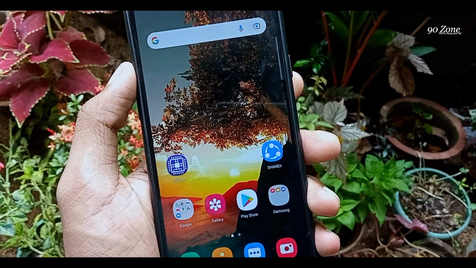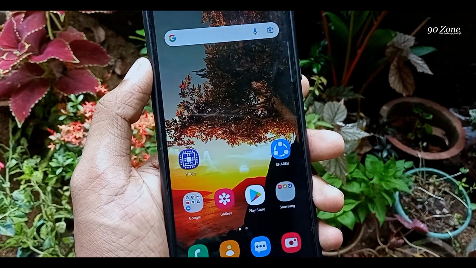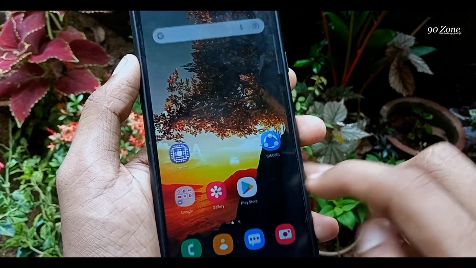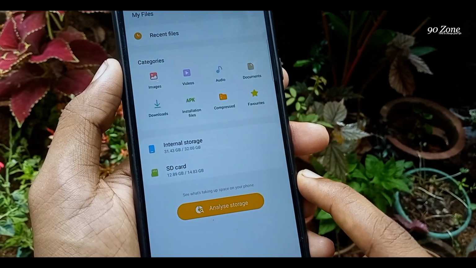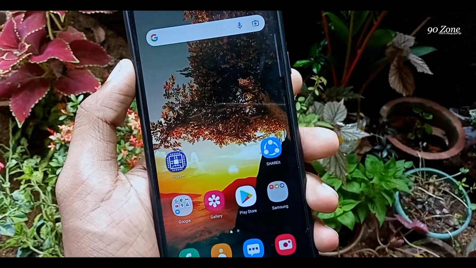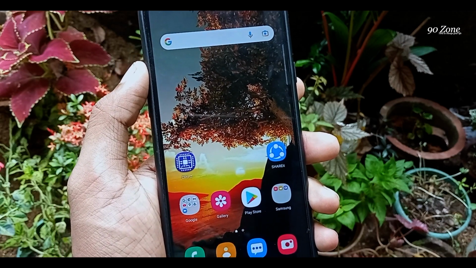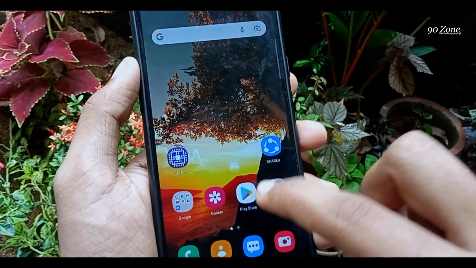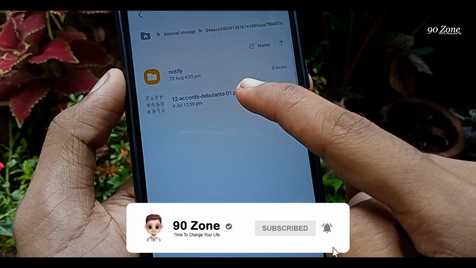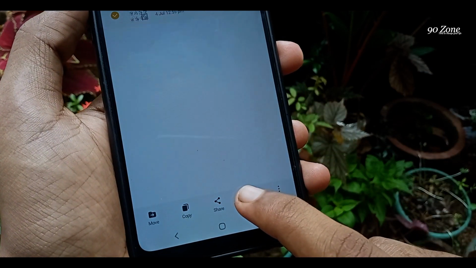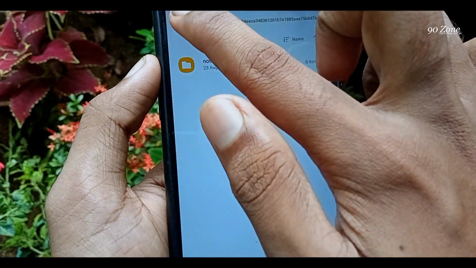Let's learn our Samsung Galaxy A20s mobile file manager new feature. This is very important to you. If we delete some video or photo in our gallery, it is moved to our recycle bin. After that we want to clear our recycle bin. After the Android 11 update, they gave a new feature to our file manager, a recycle bin. Now the file manager has a new recycle bin. If we delete some video, photo or another file in the file manager, it goes to the recycle bin. Now I will show you how it works.